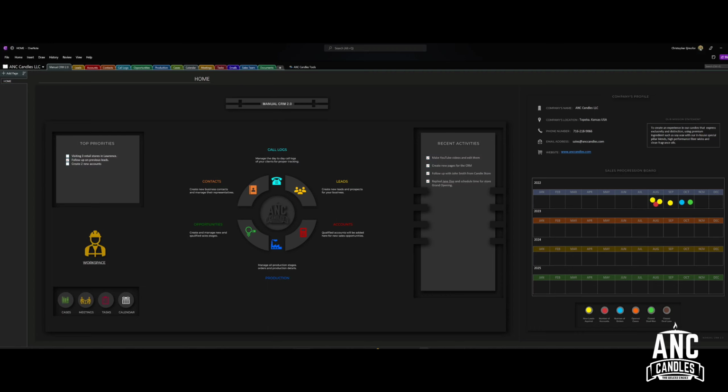So the program I'm using here to host my CRM is OneNote. It is a free Microsoft program that comes with your computer. If you have an older version, I believe you can download it. It's free to use. Well, technically, if you have Microsoft Office 365, it should come with it. So if you're paying for your yearly or monthly Microsoft account, it will come with that, with your OneDrive and PowerPoint, Word, Excel, all of that. Well, I used to use the OneNote